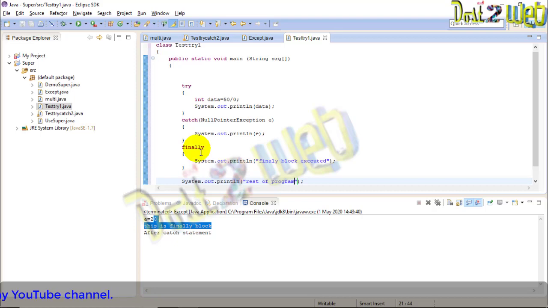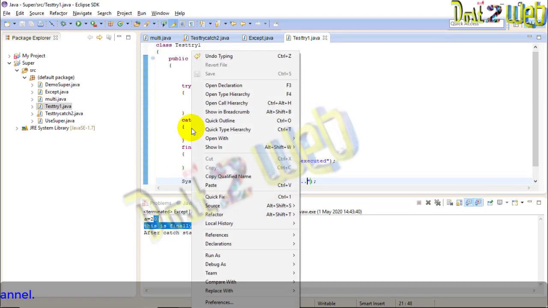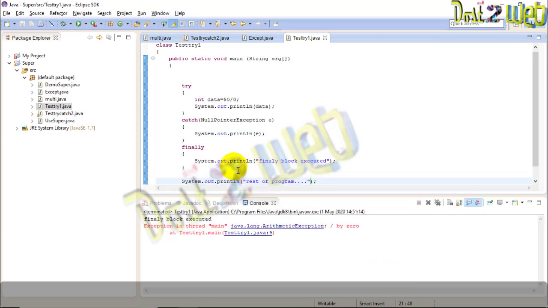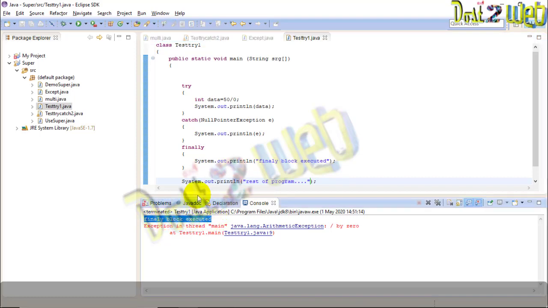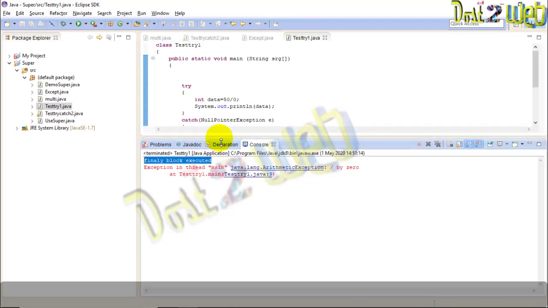Okay, save it. Now what you have to do? We will execute this program. So run as Java application. What happened? You can see here, we are getting the finally block because we have given the finally block in the program.